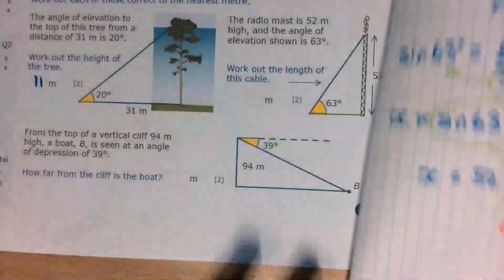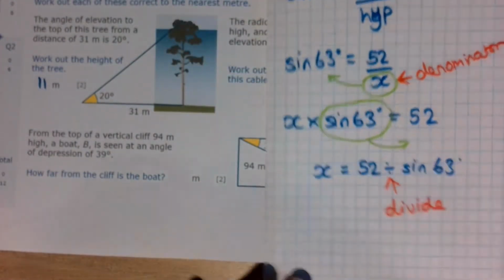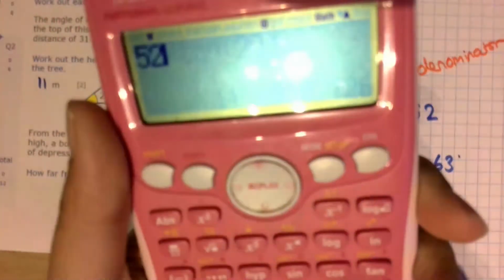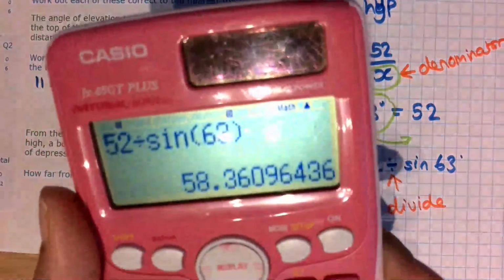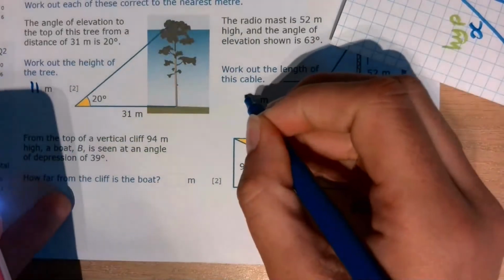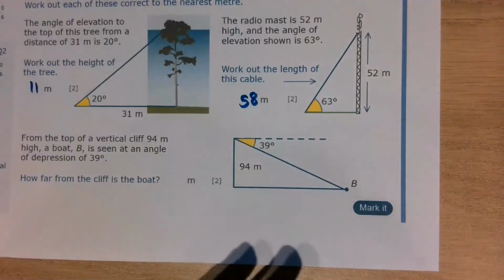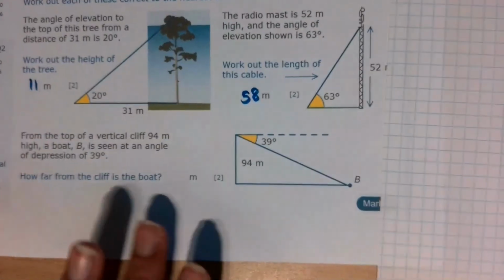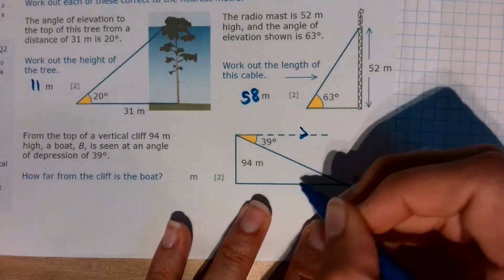So, as long as you understand why, and that's why, because of the rearranging. So let's have a look. We've got 52 divided by sine 63. 58 point blah blah blah, 58. Yes, that's 58. Okay. Now, this question here would throw some people, because of parallel lines,